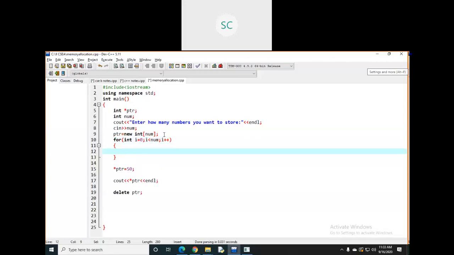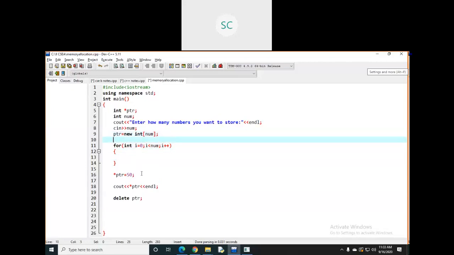Whatever numbers the user enters, I'm going to store into this array. Then using the cin object, here you need to mention star ptr.